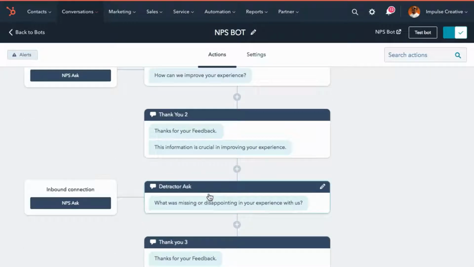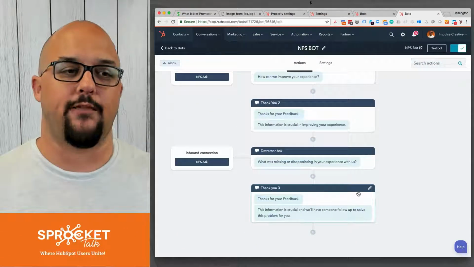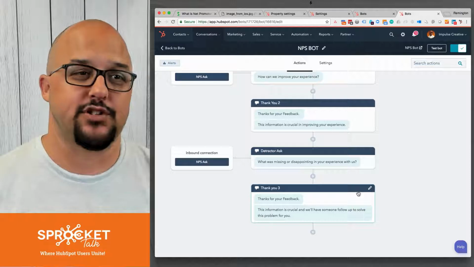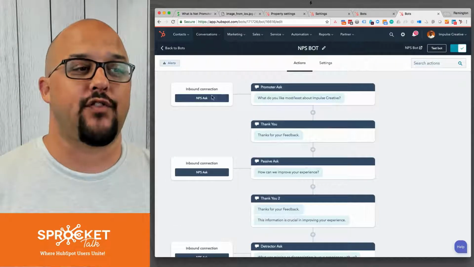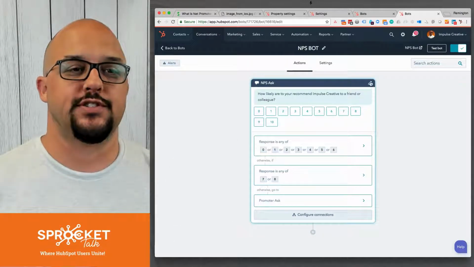You'll have your detractor ask, which is the exact same steps I just went through, just connecting to the detractor ask field. And then you have your thank you as well for the detractor. So it just provides some additional context. Once you have all of those fields created, then what you're going to do is you're going to go into